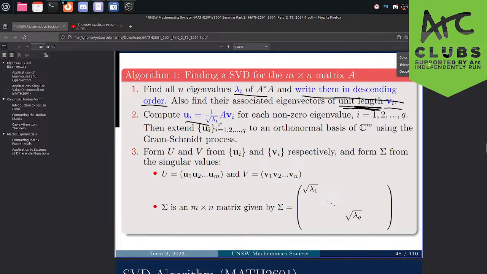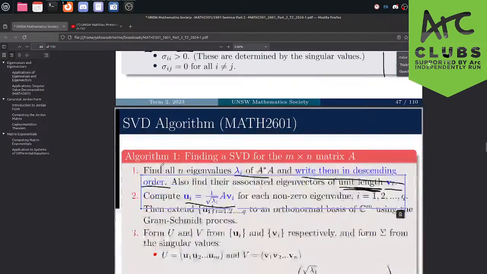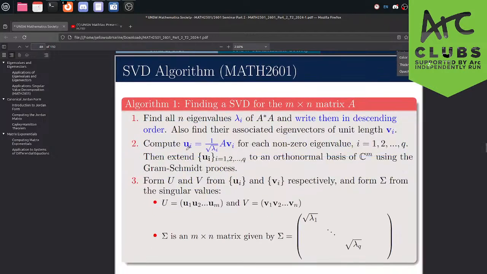Then we compute the U_i. So V contains our eigenvectors. Specifically, we take V adjoint, but V will contain our normalized eigenvectors. U will contain these vectors over here. Basically, they're going to be A, our original matrix A, times each eigenvector. Notice the eigenvector is for A star A, not A. We take A times each eigenvector v_i, and we divide it by the square root of each eigenvalue. Note this is 1 over each singular value.